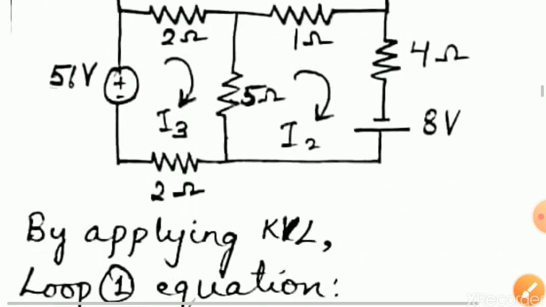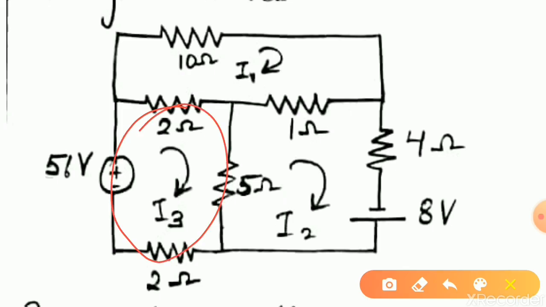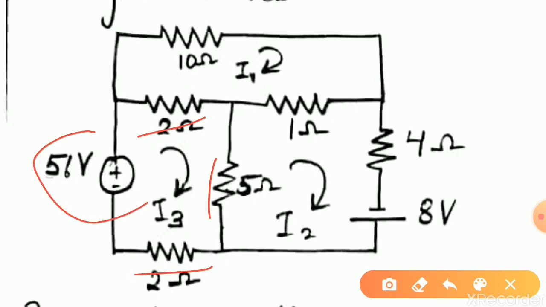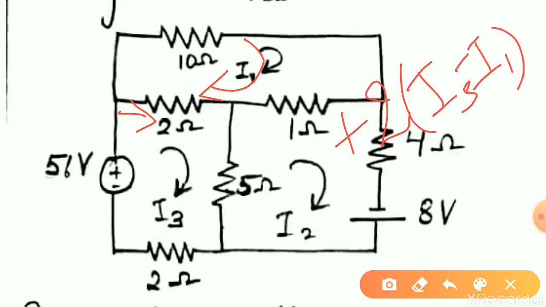So let us solve the last loop left in the question, that is I3. I3 has 1, 2, 3, 4 elements in it. On writing KVL, when current enters the 2 ohm resistor, it has one more current flowing through it, that is I1. Current directions are opposite, so when we write KVL, we get the equation as plus 2 into (I3 minus I1), major current minus neighboring current.